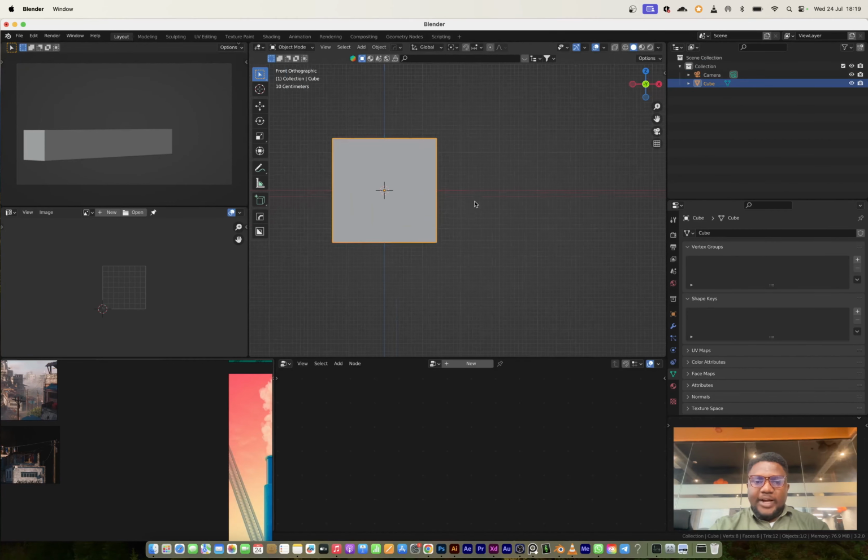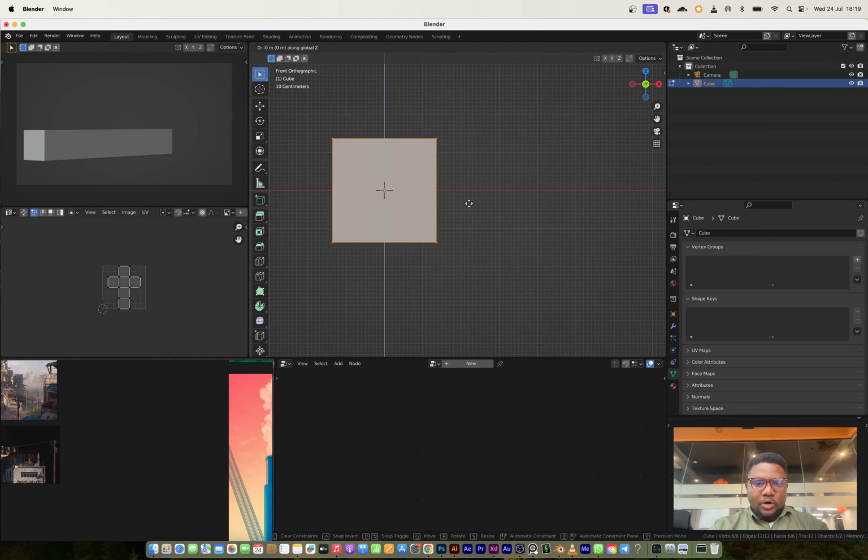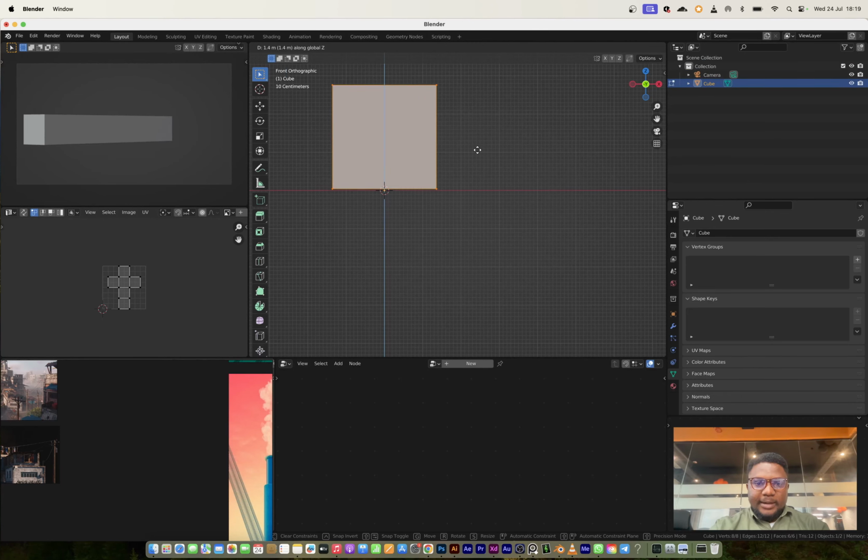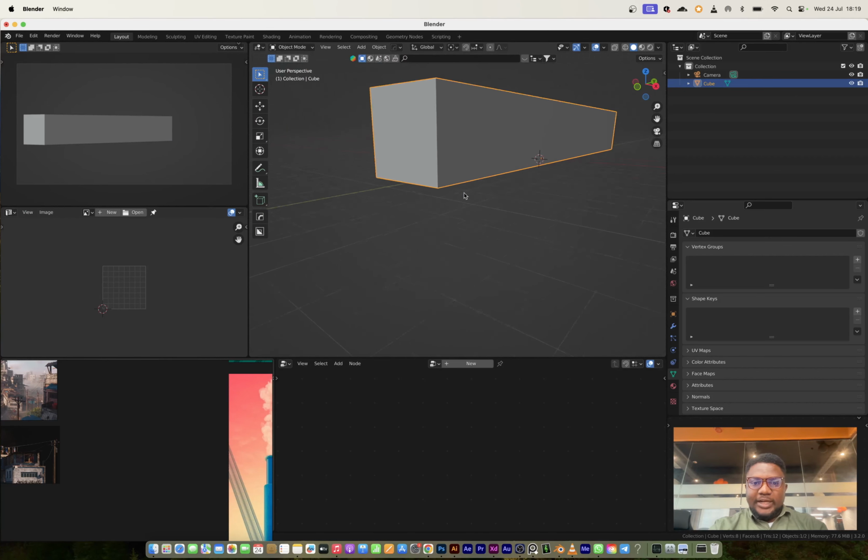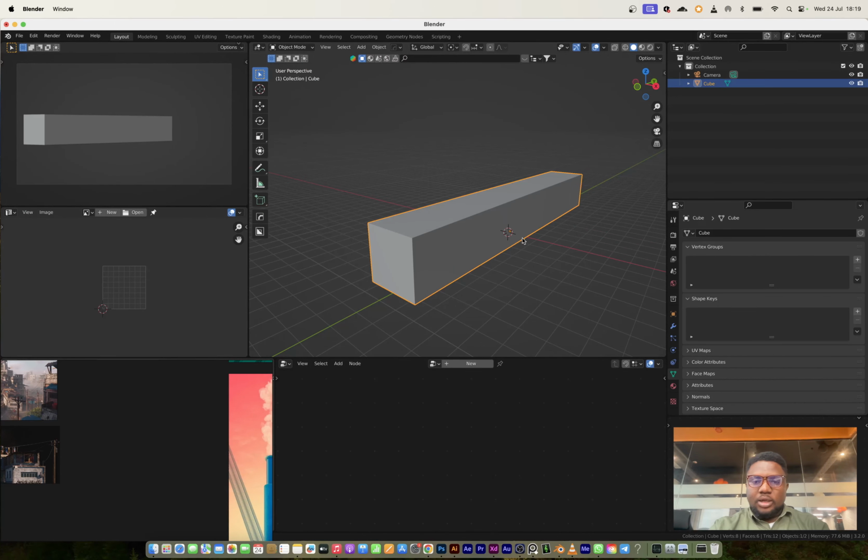What I'm going to do right here is, let me just bring up the cube, and I'm bringing it up with control so that the increments are going to be the same, right? So right here,